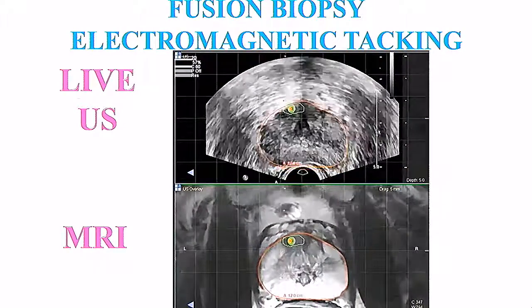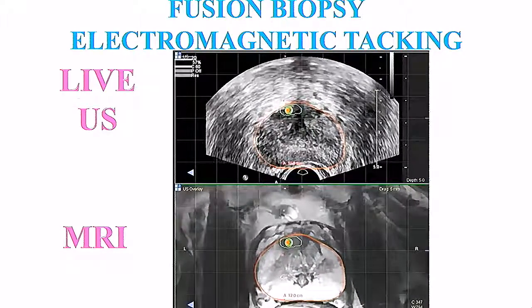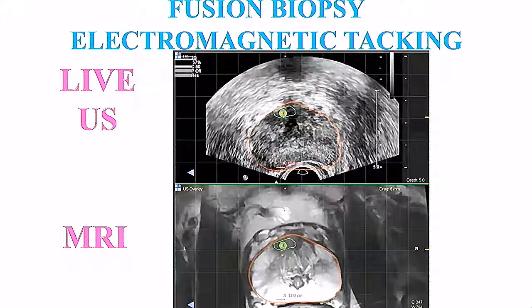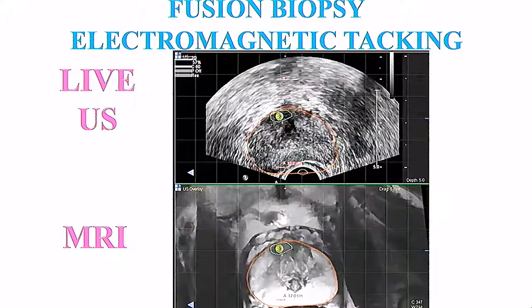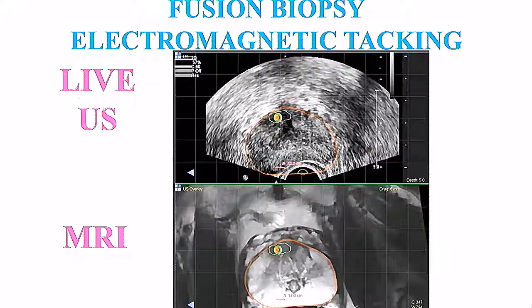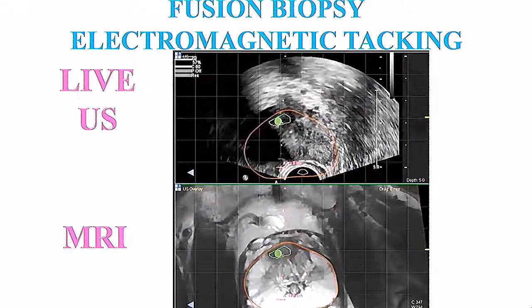This is just an example of what a fusion biopsy looks like if you guys have had one. Essentially, this is the MRI that you had before. We marked an area that was suspicious right here on the top of the prostate. But this is the real-time image on the top from the ultrasound. I'm able to take those two pieces of data, put them together, and we're able to line it up, and